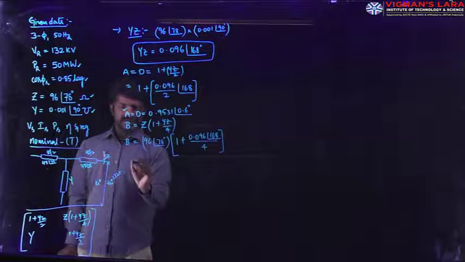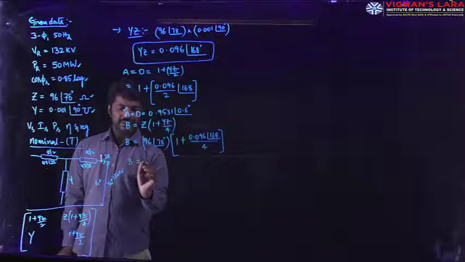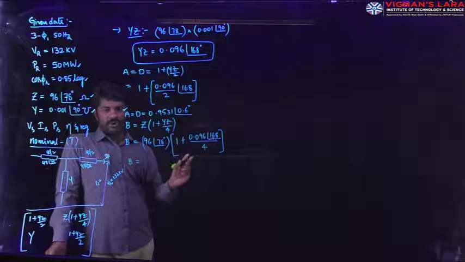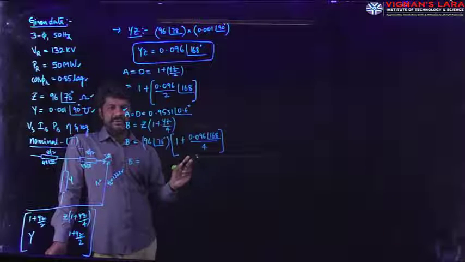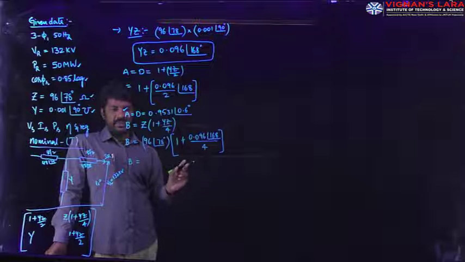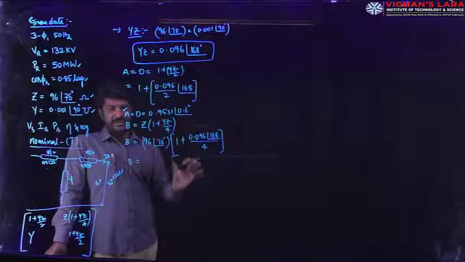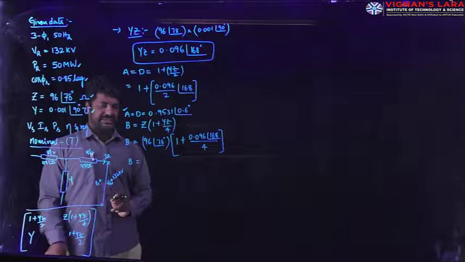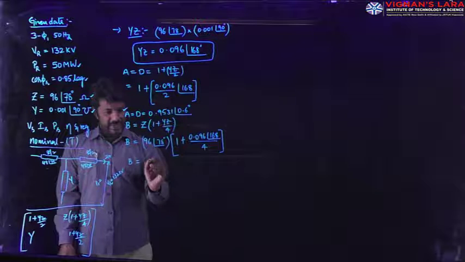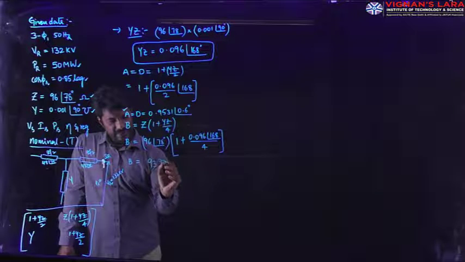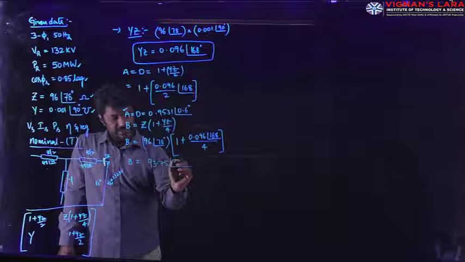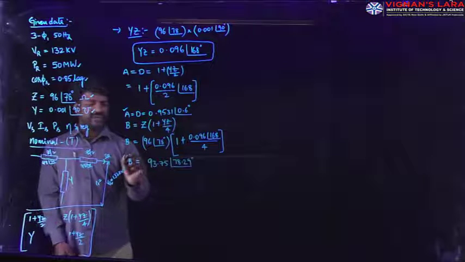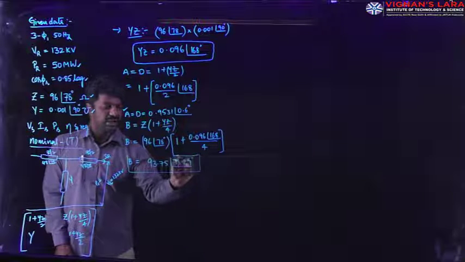Okay. Simplification in the calculator. I think all of you know the complex mode of calculator operation. You can put your calculator in the mode, press the mode, then press the number 2. Then you can get the entire calculator in the complex mode. If the complex mode is entered, then you can directly feed these values without conversions. So the constant B, you can get, is 93.75 magnitude at an angle 78.29. Here also you can verify yourselves whether this B constant obtained value is the right value or not.